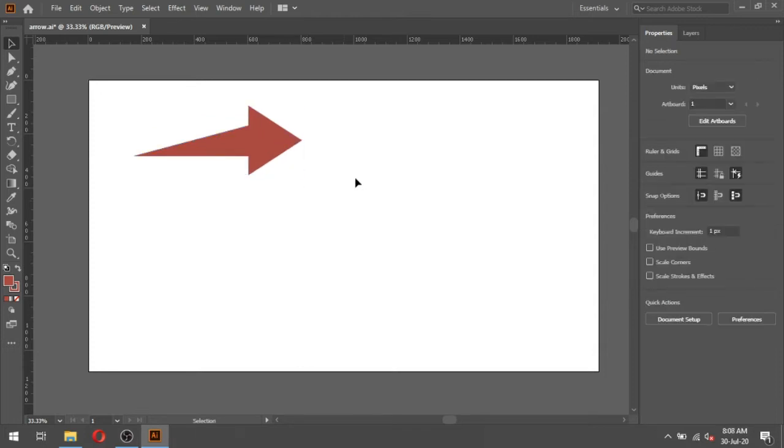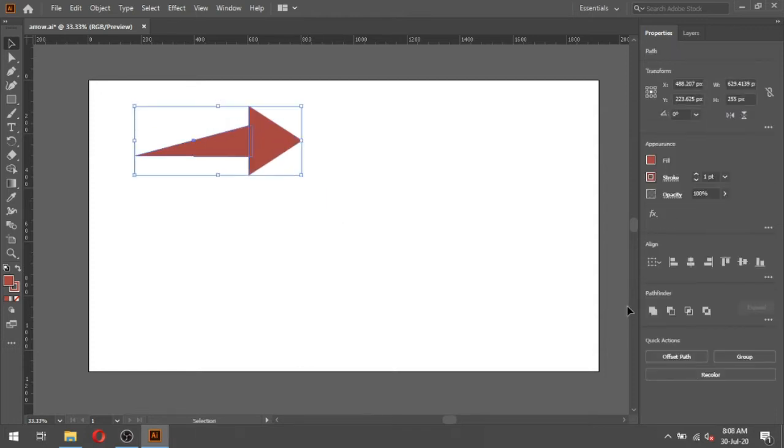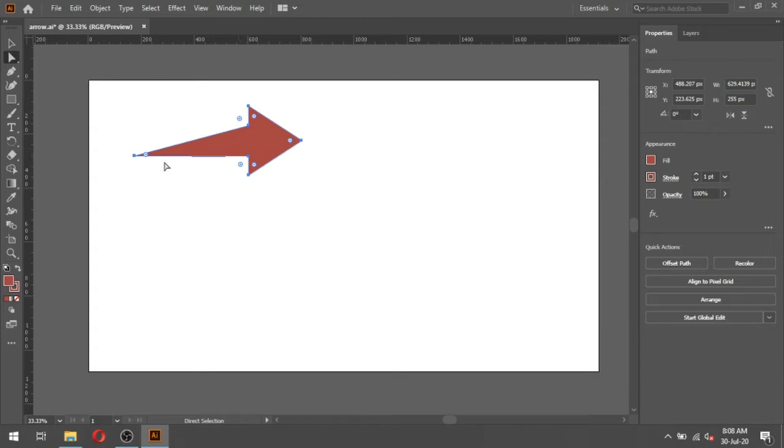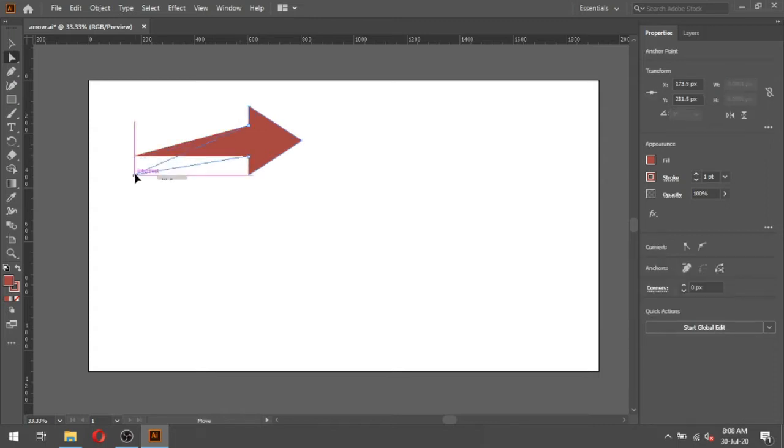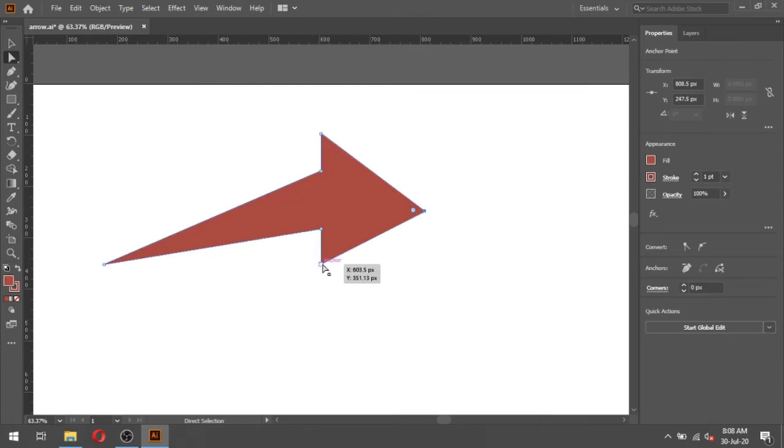Modify it. Select both shapes and unite these. Now we have a single shape. Modify the tail. Modify it.